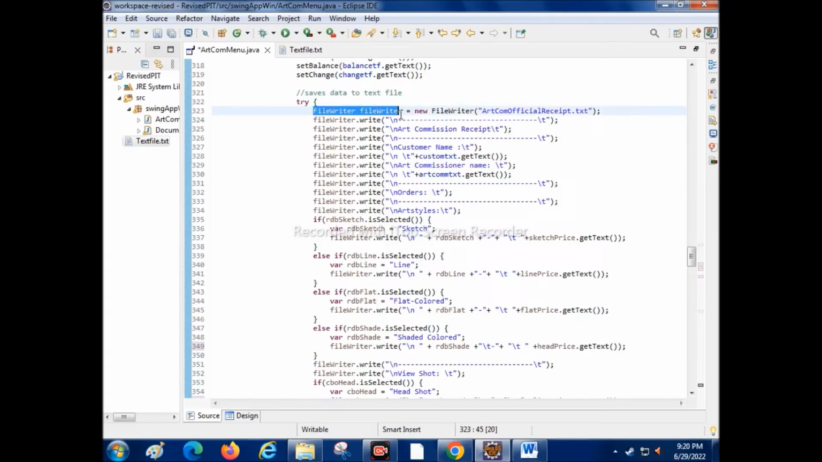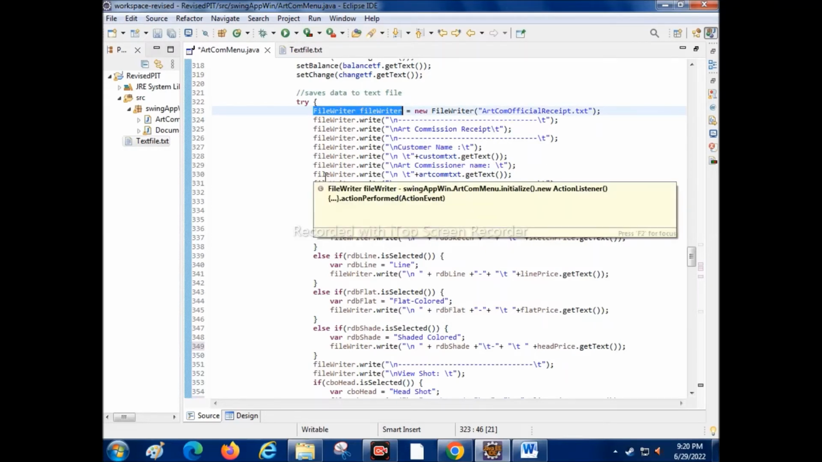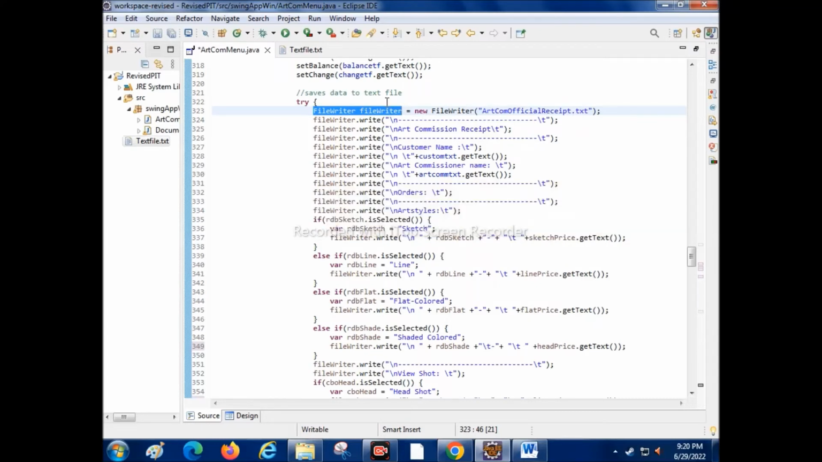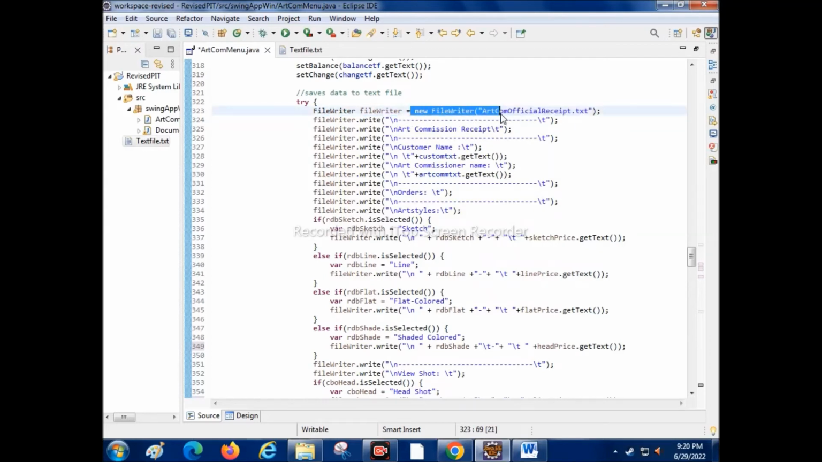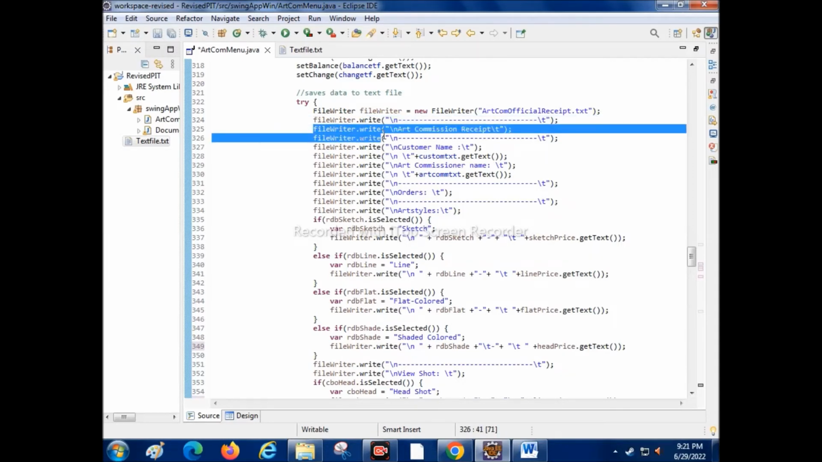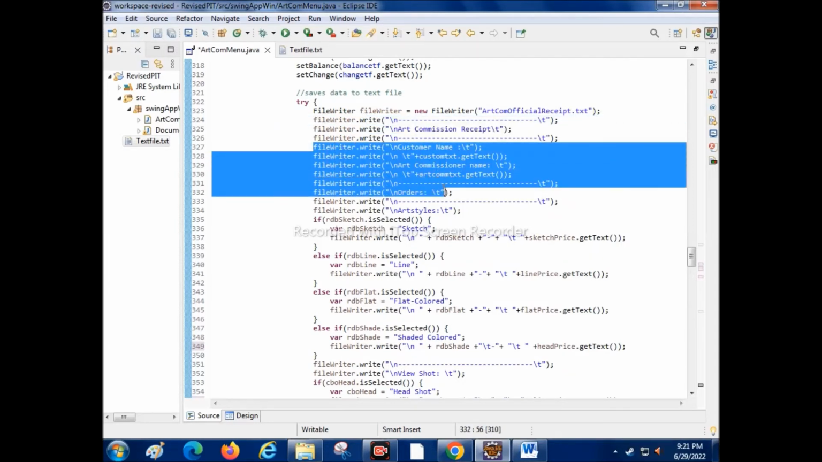So I type here the FileWriter. The variable for the file writer is fileWriter, with a lowercase f and an uppercase W. Then the new FileWriter is the text file, artcom official receipt. Then I also type here the statements, each function fileWriter.write. Then I typed here the inputs